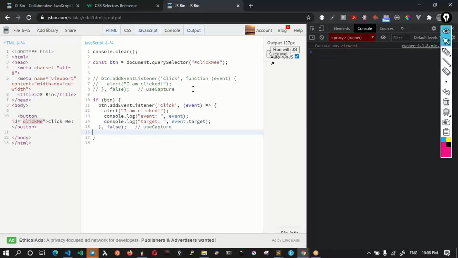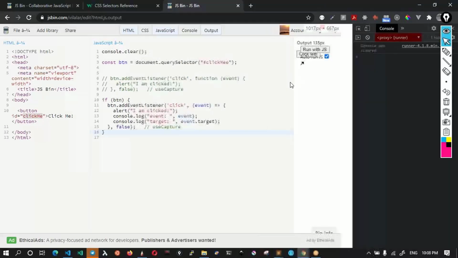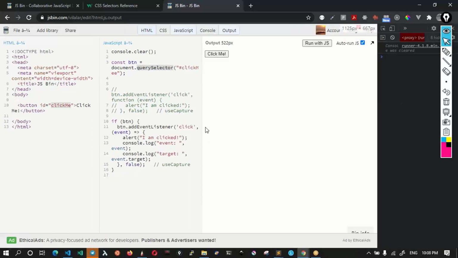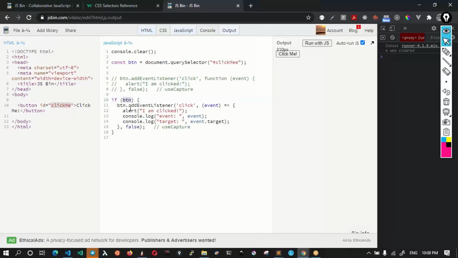Now, even though I am giving a wrong ID, you will not have that error thrown into the console. The only thing is, if you try to click on the button, nothing will happen because there is no click event attached, since we gave a wrong selector. But at least there is no error throwing up in the window. So this if statement will only be executed if there is a valid value in the button. It is neither null nor undefined. It actually checks for null or undefined.